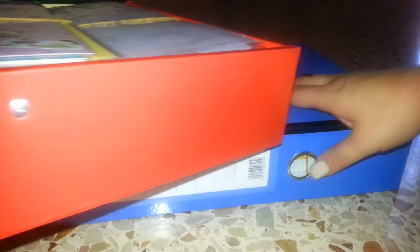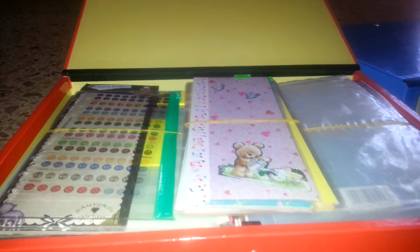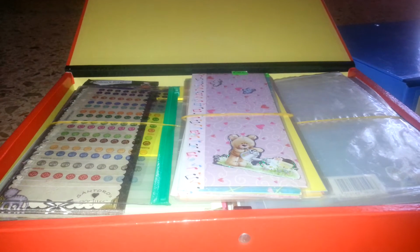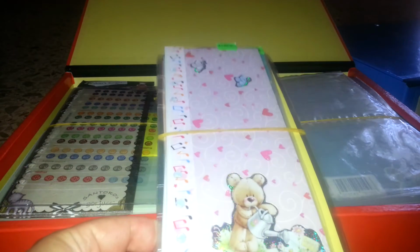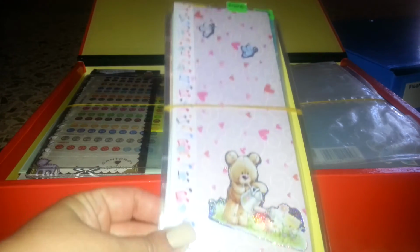If I put it a little bit down, maybe we'll be able to see it better. Okay, so that's what there is in this box file. Let me just adjust the camera a little bit. These are